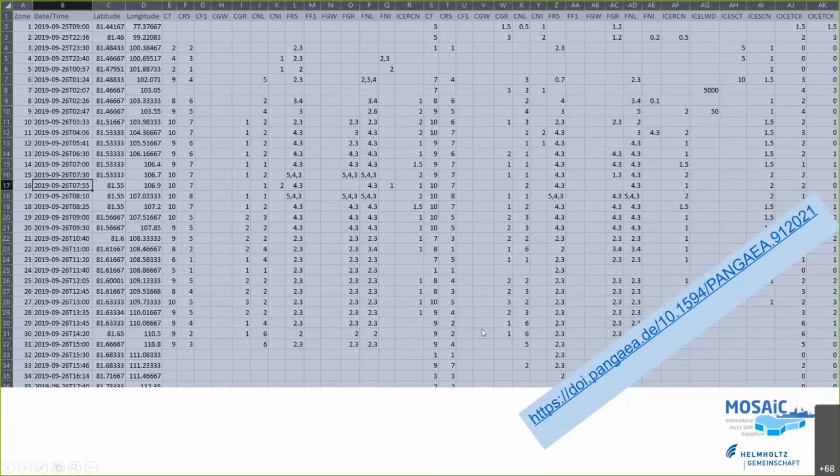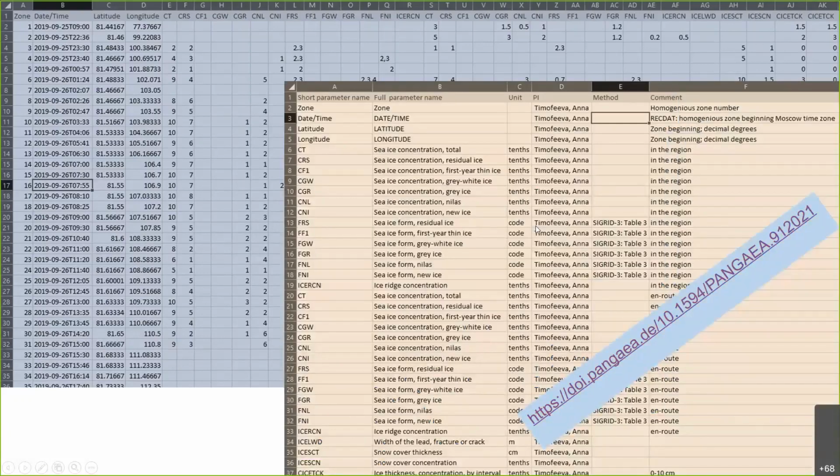But if for some reason this is not possible, make another table, please, with the same sequence of the parameters as the short names in the header you used. And then in this other table, you can explain the short parameter name by the full parameter name. Always very important is the unit.